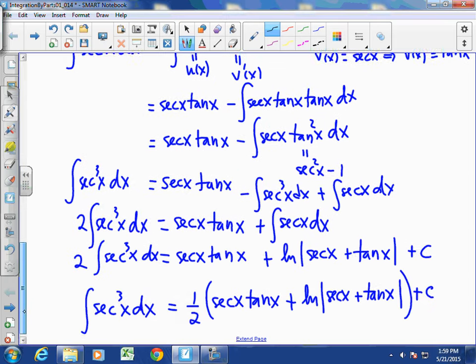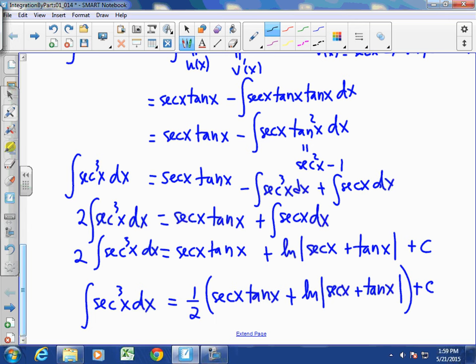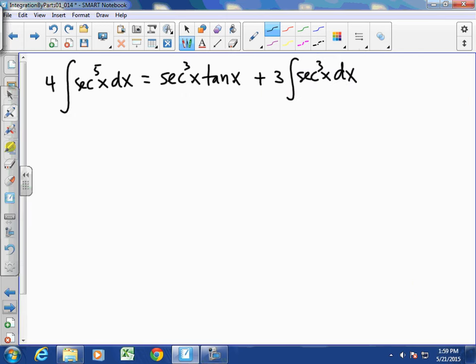And we also have the integral of secant cube x dx equals 1/2 of secant x tangent x plus ln. So we replace that, and so plus 3 times 1/2 secant x tangent x